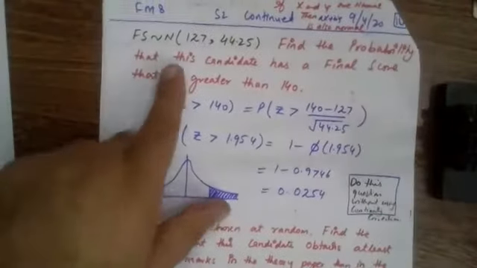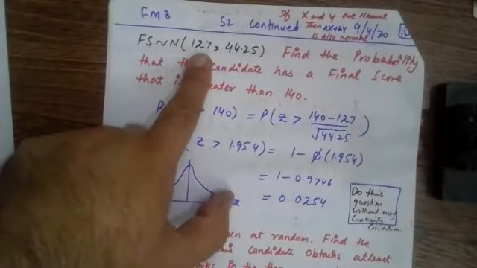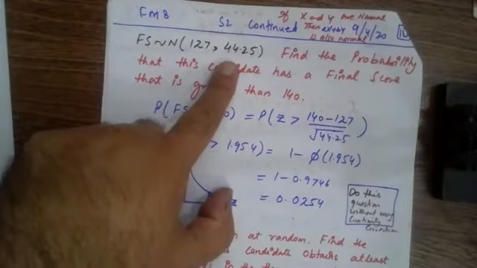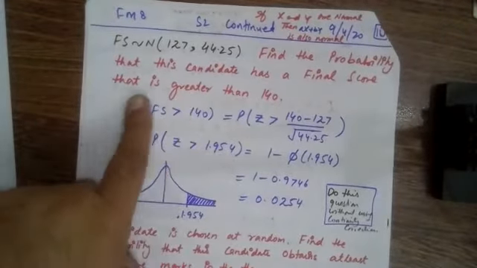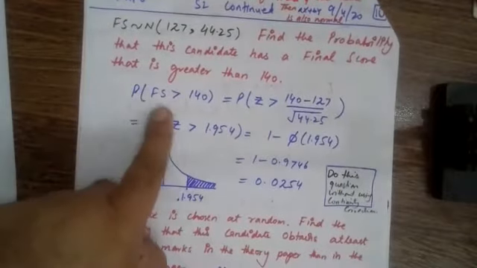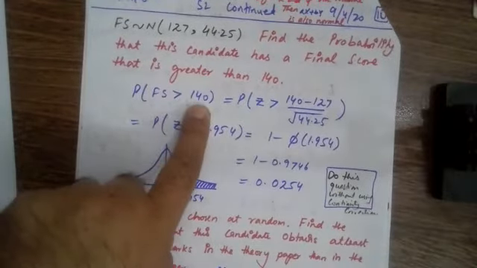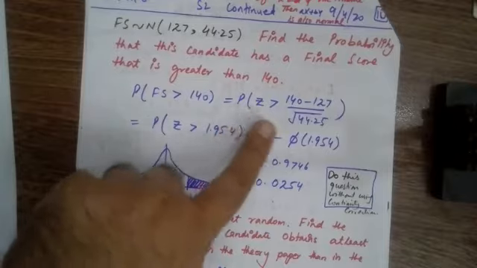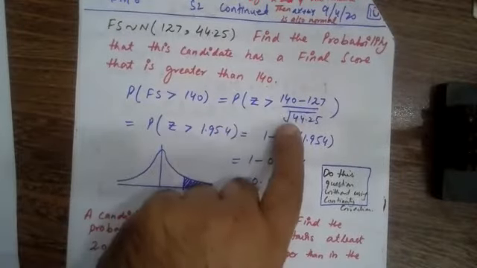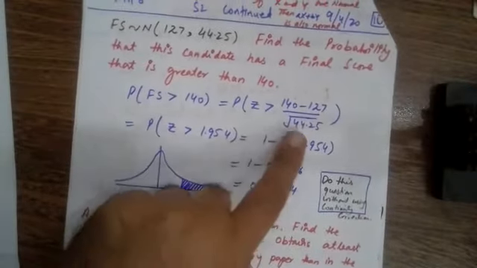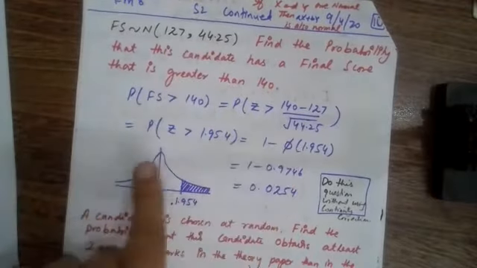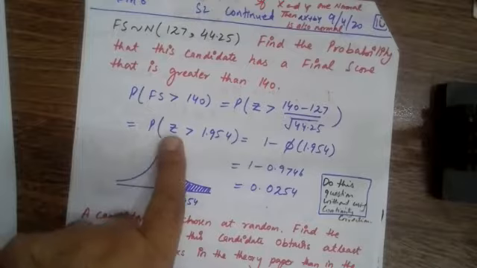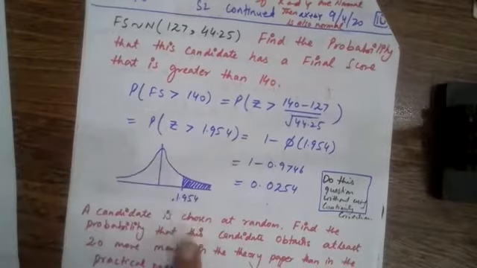Now I can write it like this: the final score is normally distributed with an average of 127 and a variance of 44.25. The question is, find the probability that this candidate has a final score that is greater than 140. Converting it into Z, 140 minus the average, divided by the standard deviation. I do not know the standard deviation, but if I take the square root of the variance, I get it. It turns out that the probability is Z greater than 1.954,